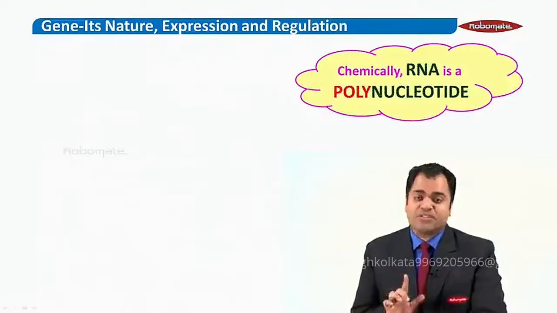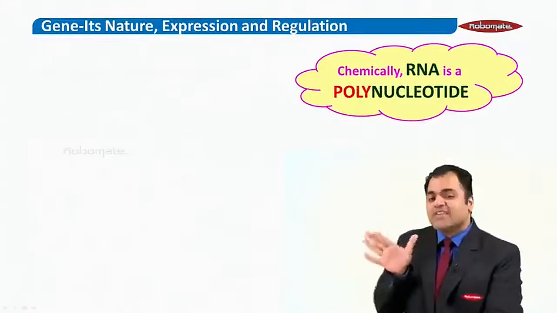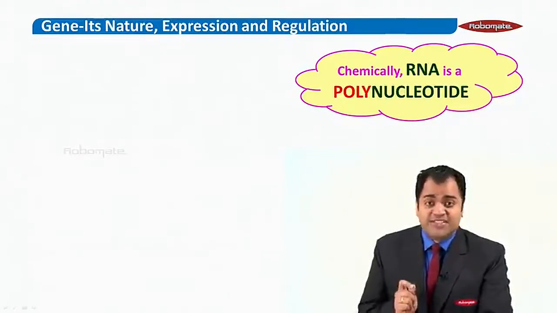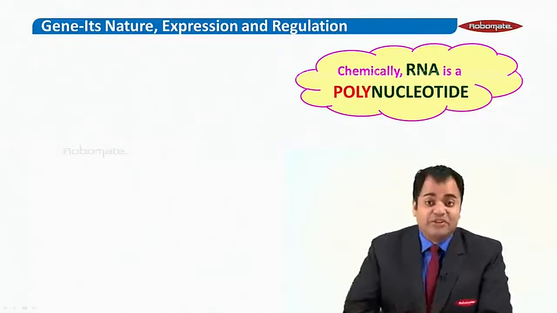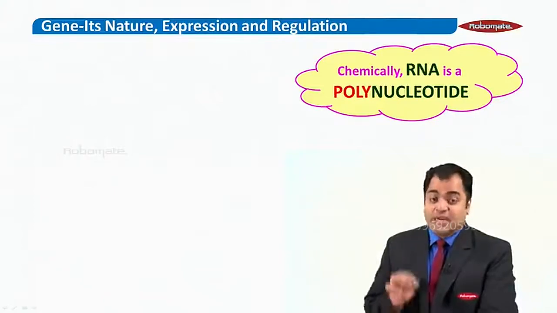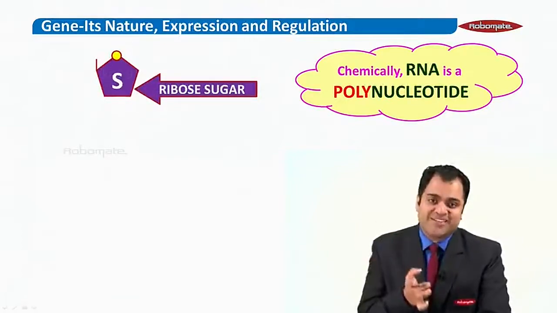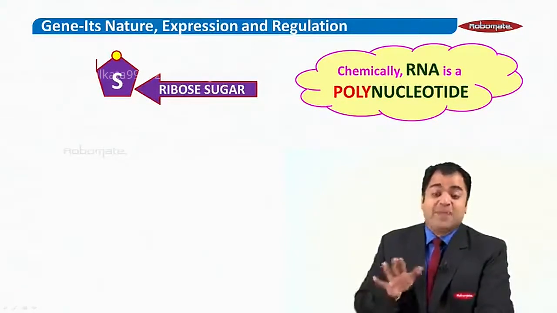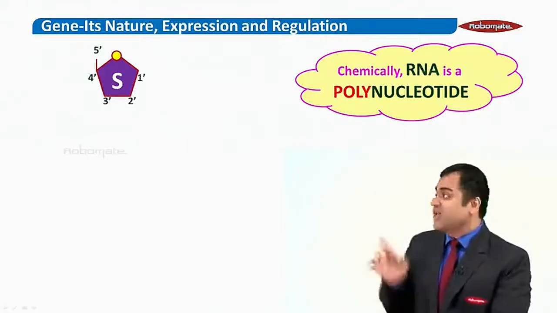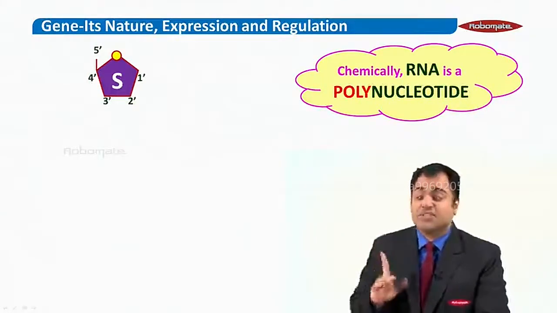Remember, RNA also chemically is a polynucleotide, which means it is made up of several nucleotides attached end to end. Let us look at a single nucleotide first, and then let us see how it is a polynucleotide. So I'm going to again show you a recap of nucleotide. A nucleotide will have what? A sugar, right? What sugar is this? You guessed it right, a ribose sugar. Ribose sugar is a pentose sugar, so let's label the 5 carbons. You see, 1 prime, 2 prime, 3 prime, 4 prime and 5 prime are the 5 carbons of this pentose